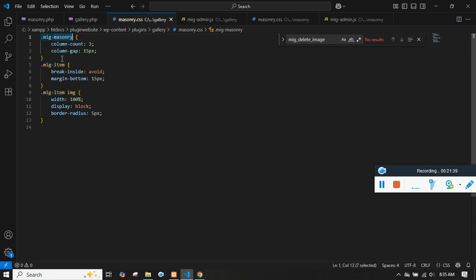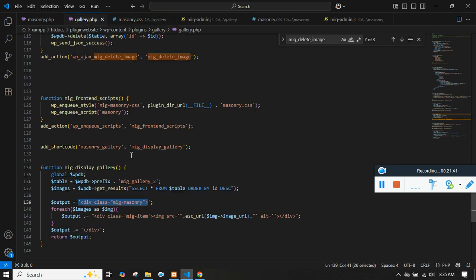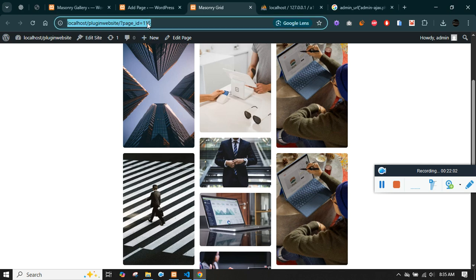The parent should have the class called mig_masonry, and each image container will have mig_item. So let's just say masonry container and item as a column. This is the container for the columns, and this is the actual individual column, and each individual column has the image, in the form of an image tag, and we are passing the URL, and that's it. This is very straightforward. I don't think I have to explain it again at episode number 28. Now as I refresh,